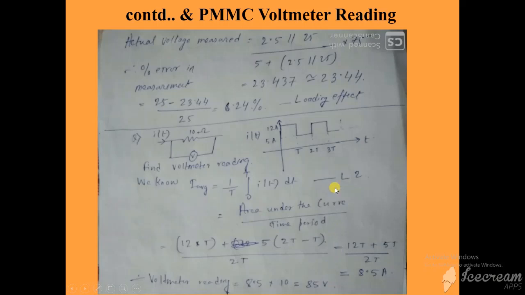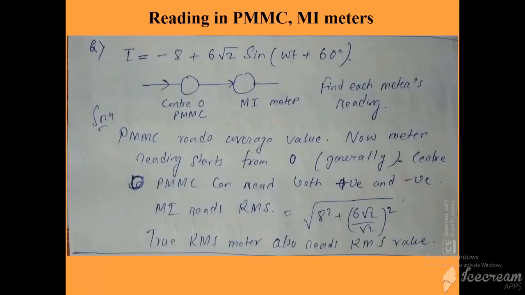Now this is the case with a PMMC type of instrument. If we have a moving iron type, then we need to find the RMS value. And the RMS formula we know, we have studied this: root under 1 by T, integral 0 to T of v square dt. You find it, and then the current will come as the RMS current. RMS current into this resistance will be the magnitude of the voltage read by the moving iron instrument. So this is for PMMC, for DC voltmeter. Let's move to the next question.